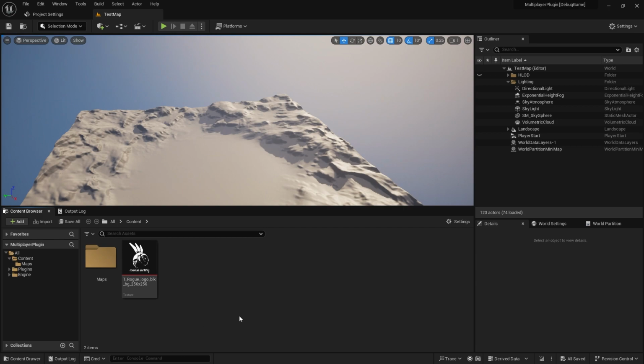Hello and welcome to our next installment of our multiplayer framework plugin. In the previous episode we did the C++. We're going to crack straight into implementing the UI based on those C++ classes that we created for the hosting interface. Let's go to our plugin,